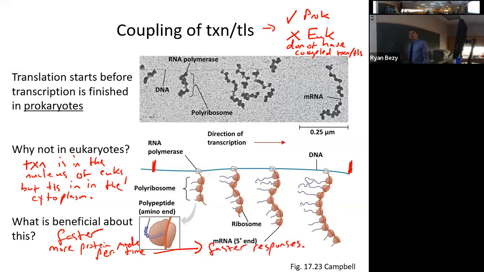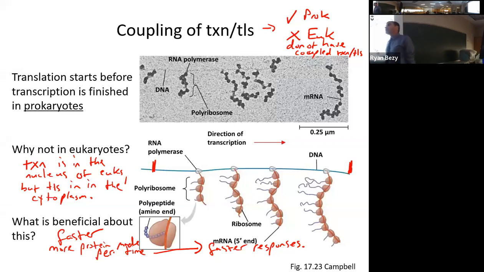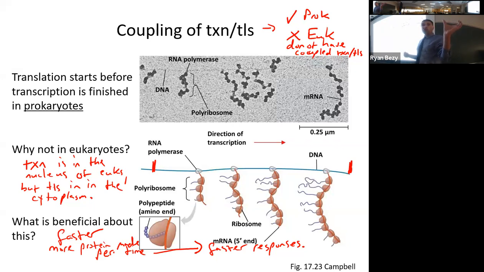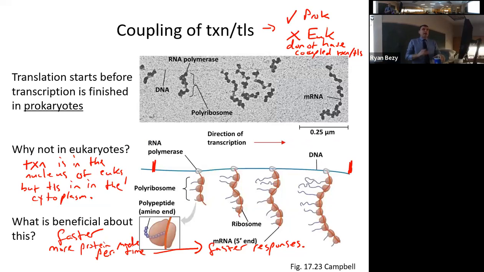Remember, gene expression is often regulated. We turn genes on and off. But say conditions change. Bacteria senses that change, changes its gene expression, and it's going to build up proteins to help it deal with that change faster. So it responds faster. Does that kind of make sense, everybody? We've talked a little bit about this a couple times already this semester. All right. Questions then about transcription or translation?